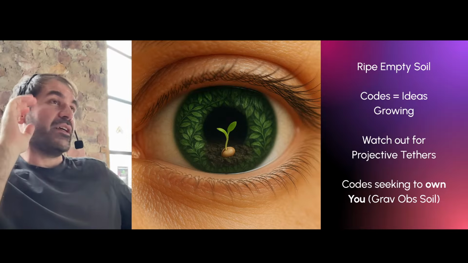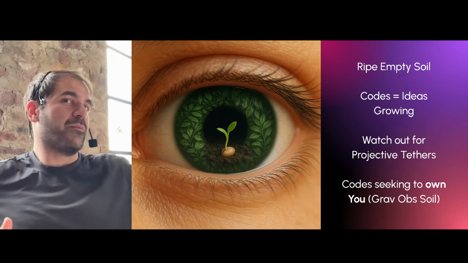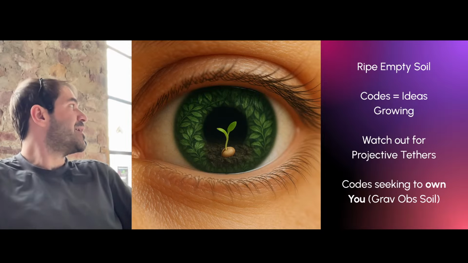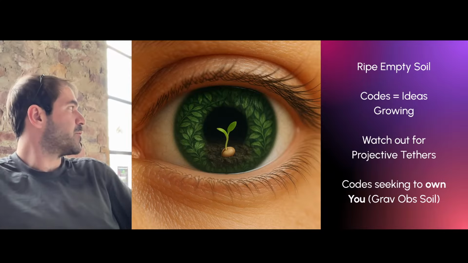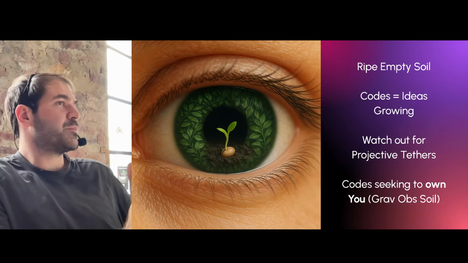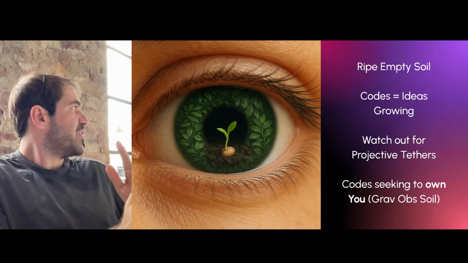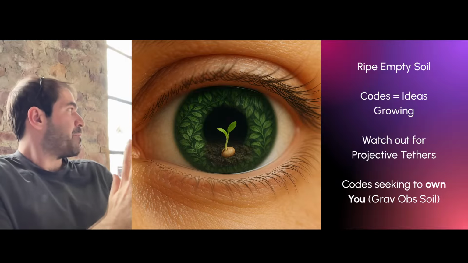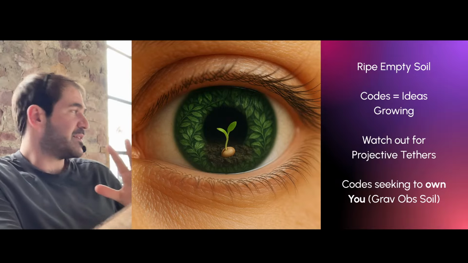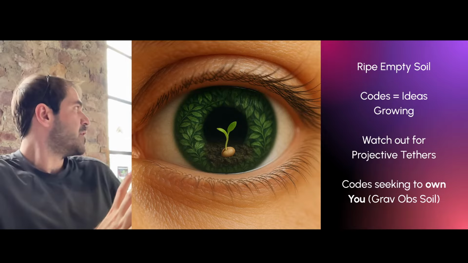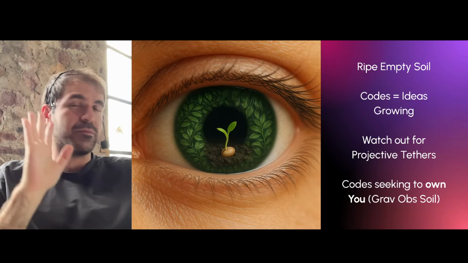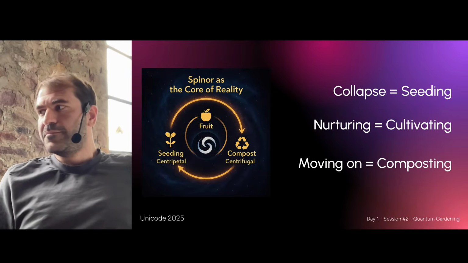That's a deep subject in itself. That's a very, very deep subject that we just got into that requires a lot more working on that specific subject. But the core part of it is that the gravitational observer portal is itself spinning. It's rendering the quantum codes, those seeds, and from that place, you can tell if it's trying to spread itself in a way that is deceptive or if it's trying to spread itself in a way that is more harmonic, something along those lines. It's a big subject. So